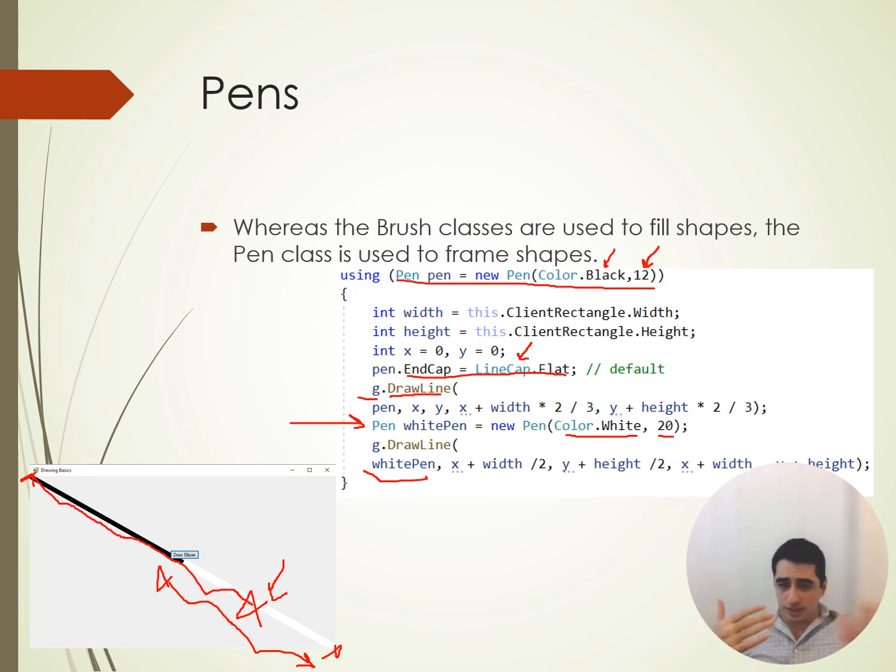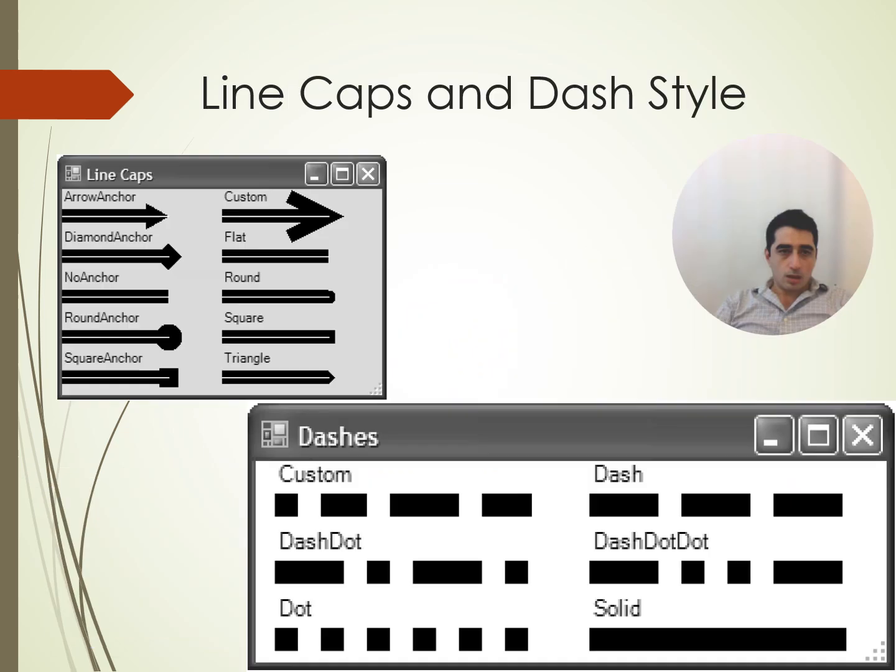So we actually have two colors that are overlapping partially. And yeah, that's pretty much it. If you want the black one to overlap the white one, you need to draw the black one after the white one. You can customize the pen by changing its line cap to one of the values that you see here in this top left shape. You have arrow anchor, custom, diamond anchor, flat, no anchor, round anchor, square anchor, triangle. And also you can change this dash style to either custom style or dash dot dot dash,